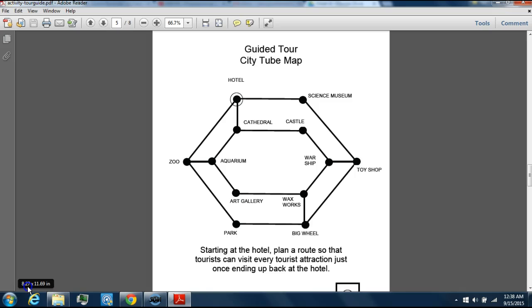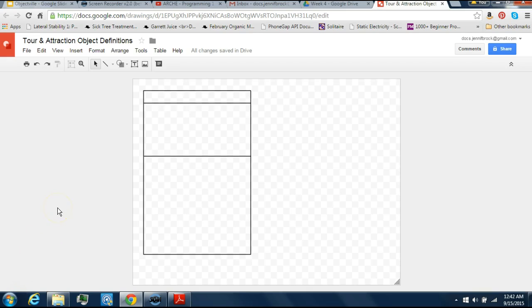So, after they did that, we then took those concepts of tour and attraction and we modeled some objects. The first thing that we're going to do is look at the object tour. And we are going to remember that an object is like a noun, and in this case it's a tour,